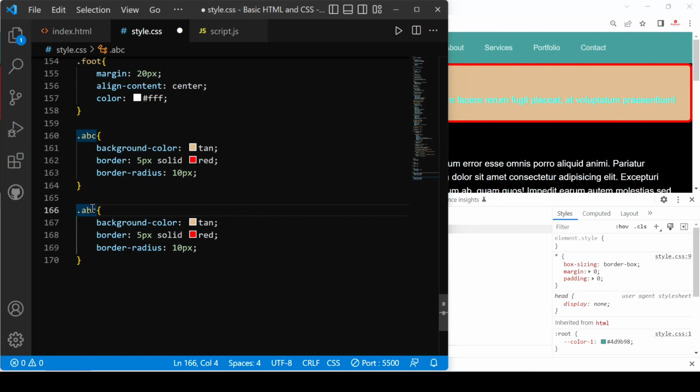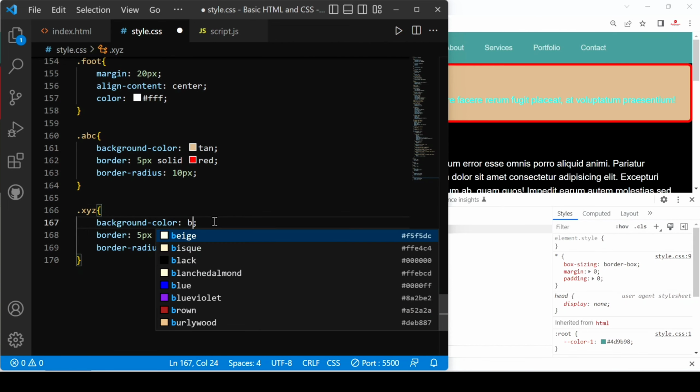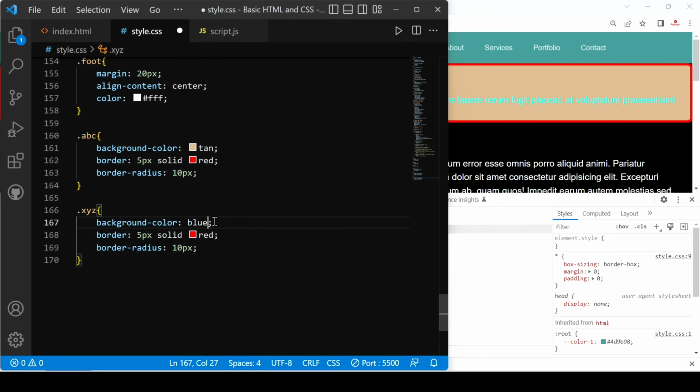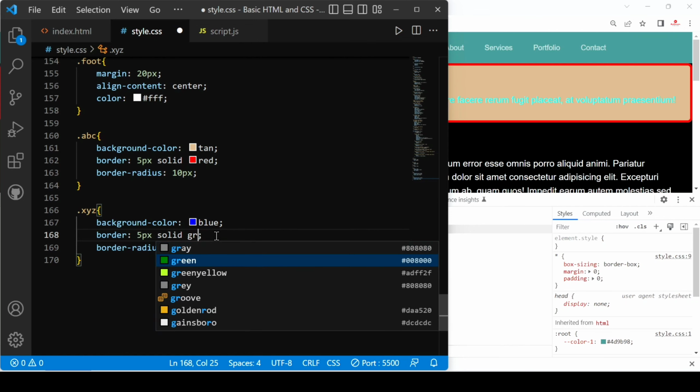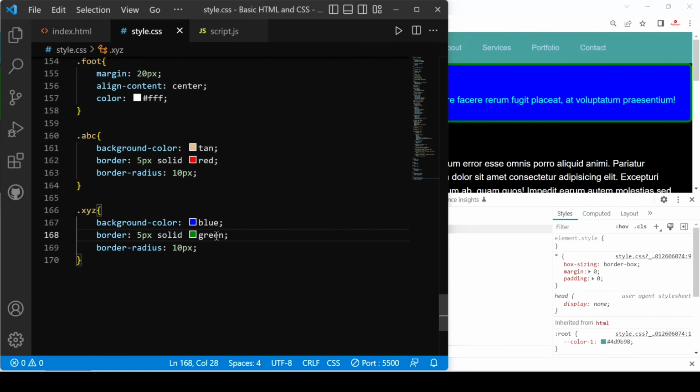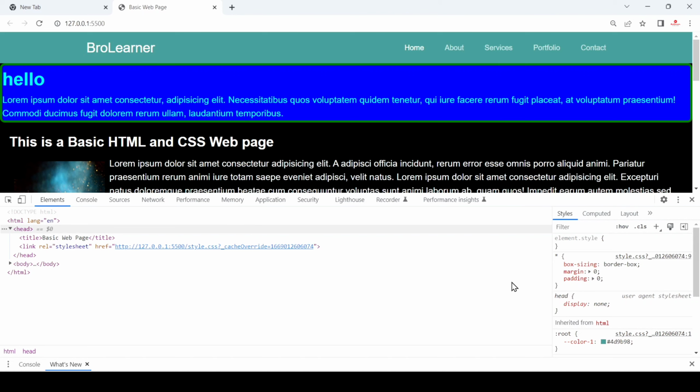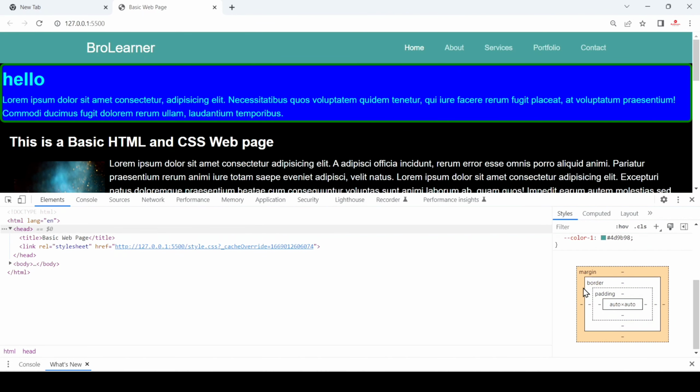I just use here x, y, z, and after that I change color with blue, and I change radius color with green. Now let's save. You can see it will give us this color. If I hover here in styling,